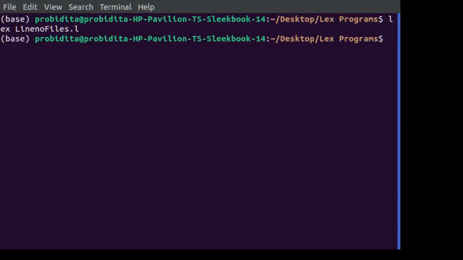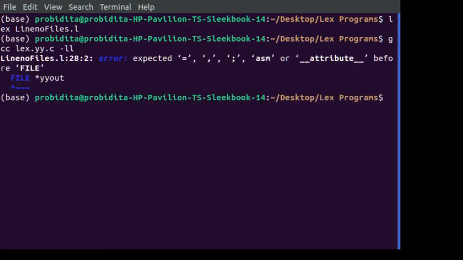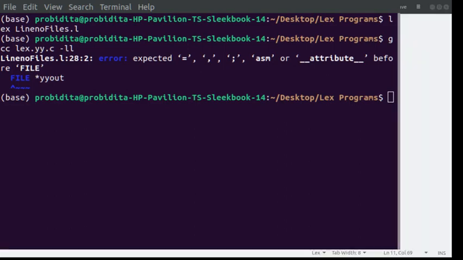Then we will compile it, gcc lex.yy.c -ll. Oh, I have made a mistake somewhere. yyout. Okay, let us go back. Let me just correct this. Oops, oh yeah, I have written this, I have not removed it, so that's the problem.